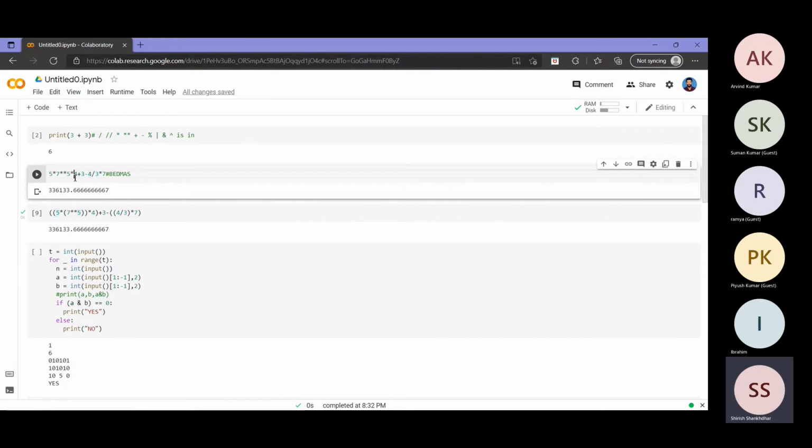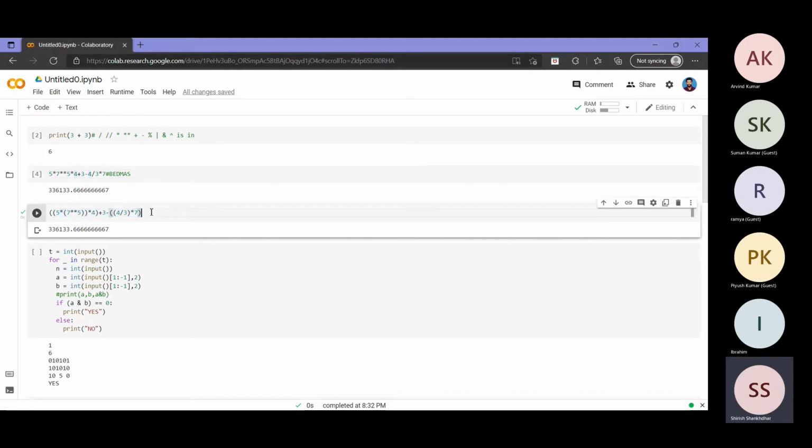So when you get questions like this, there are two ways you can approach this. If you have a Python console or something available, you can directly type it in and find the answer. Otherwise, you try to put brackets based on the operator precedence. So if you put brackets as per operator precedence, you will get this. I hope I am making myself clear, right?